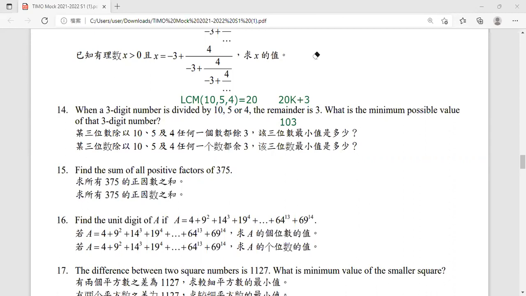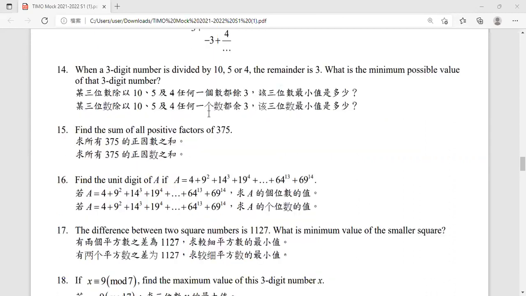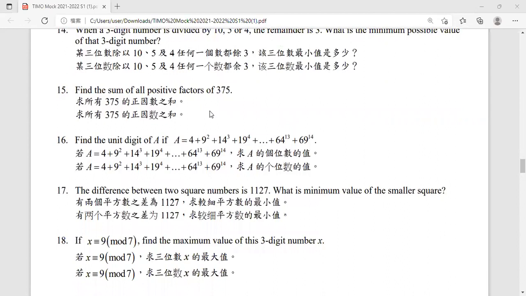Okay, question 15. Now, sum of all positive factors. Now, we have a good way to do it. First, please do some prime factorization. Please do this one, okay? Now, please do this one, which is equal to,